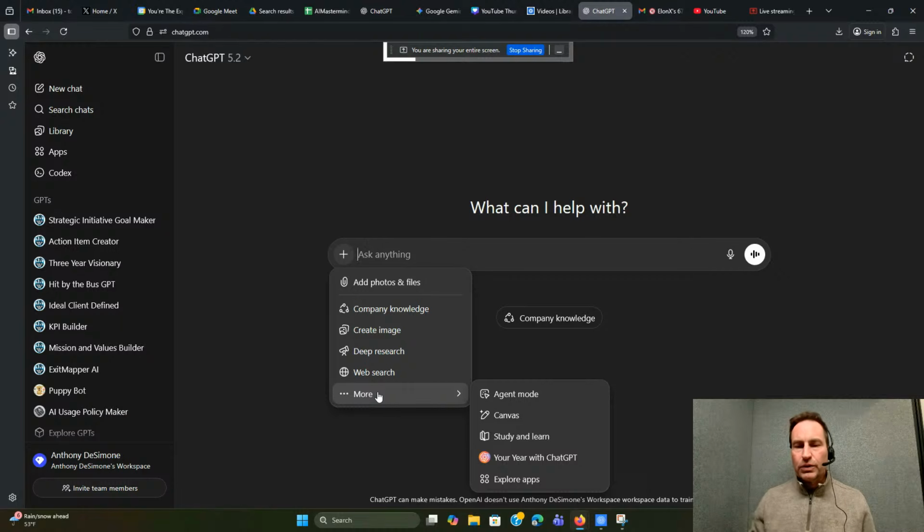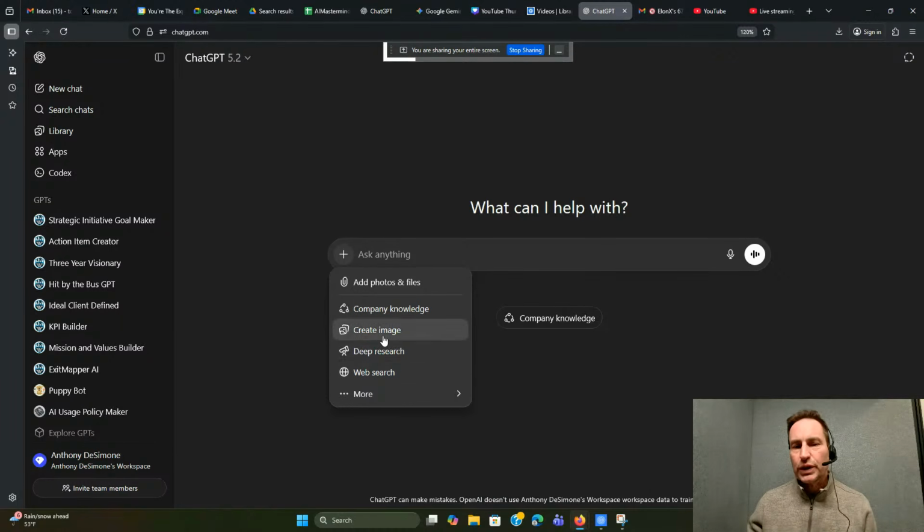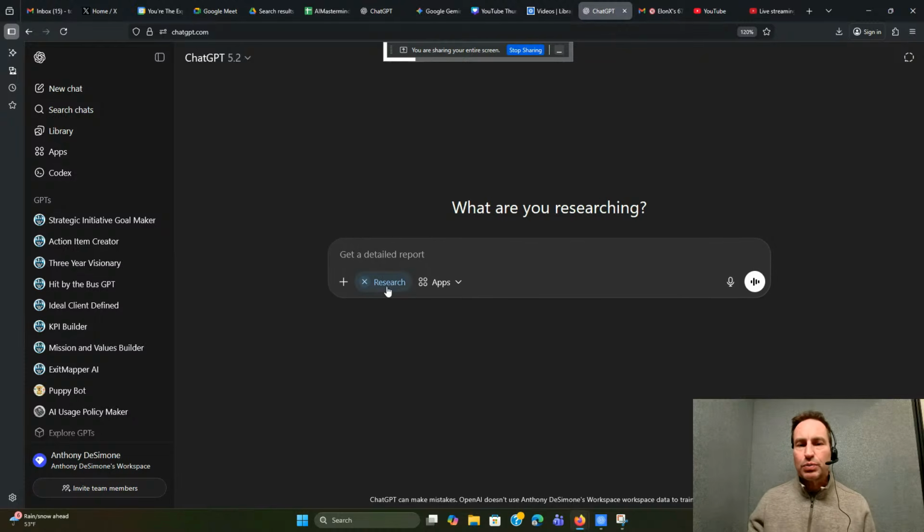We have several different tools. Some of them we went through, like create image. There's a deep research. Now, this is going to do a deeper research on any topic. So if we wanted to select deep research, this turns blue, and that means that it's on. And this is where, if we want white paper level research, or if we're just doing a deeper dive because we have to put a report together of some sort, you can go to